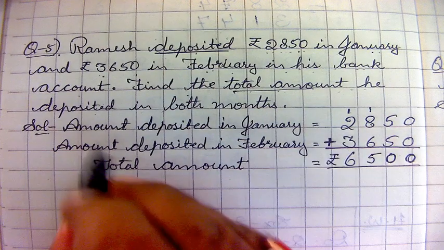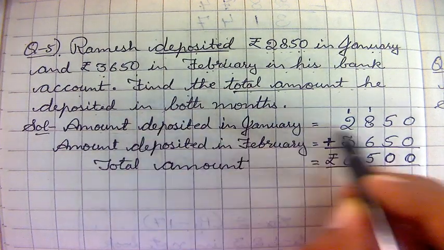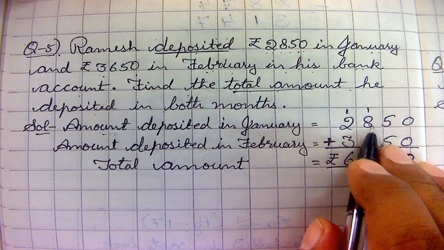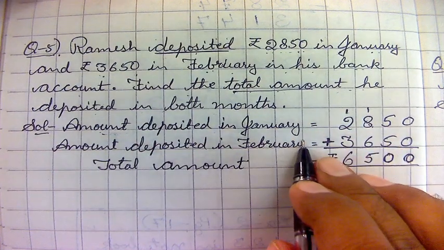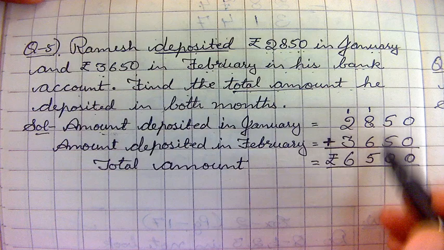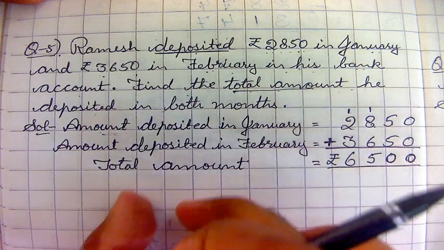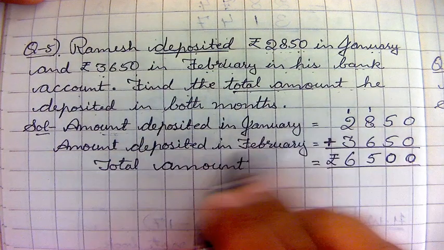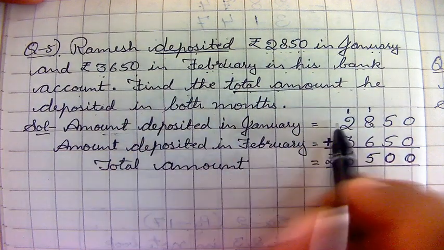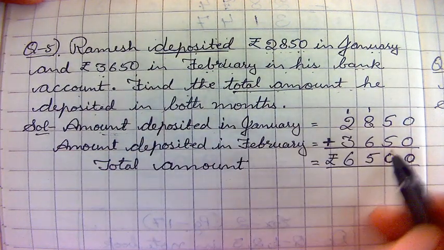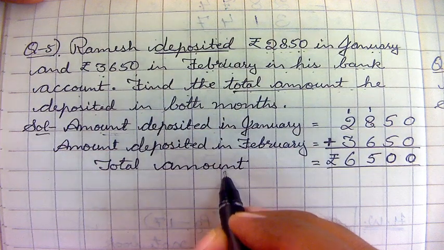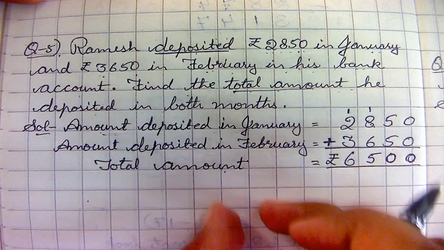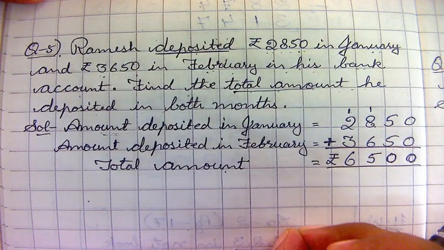Now one thing: if the statement which you are writing is not completed in one line, if you are moving to the second line, then this addition you will not do here, you will do it separately. अगर आपका एक लाइन में ये नहीं आता है तो आप दो लाइन में लिख दो, फिर जब आप लिखोगे टोटल अमाउंट तो उसके सामने आपको ये नंबर्स वापस लिख के ऐड करके बताना है.